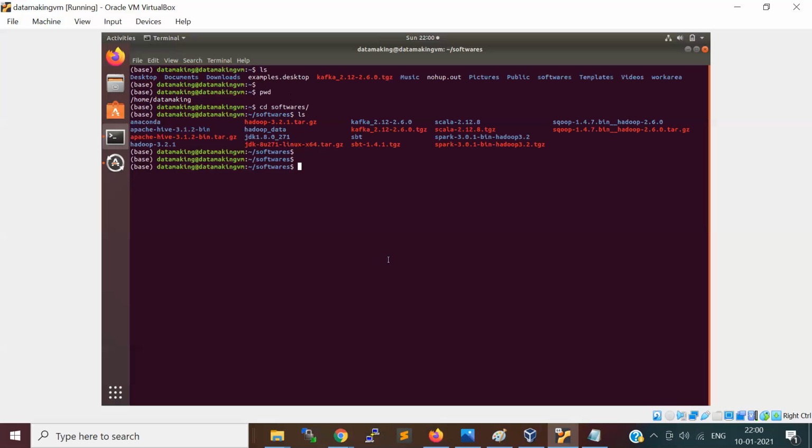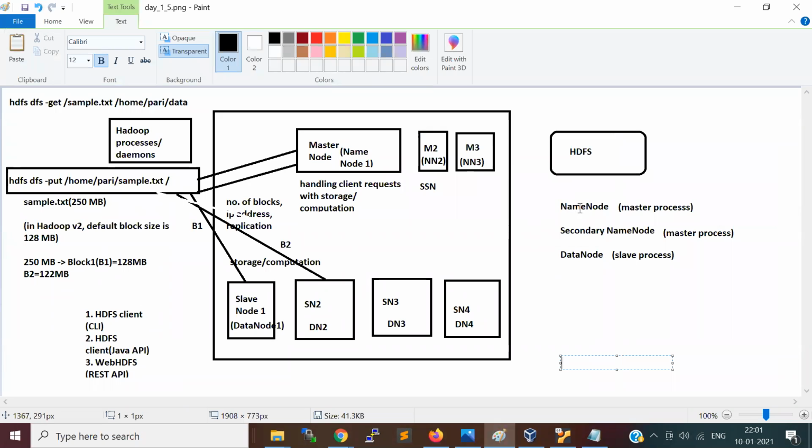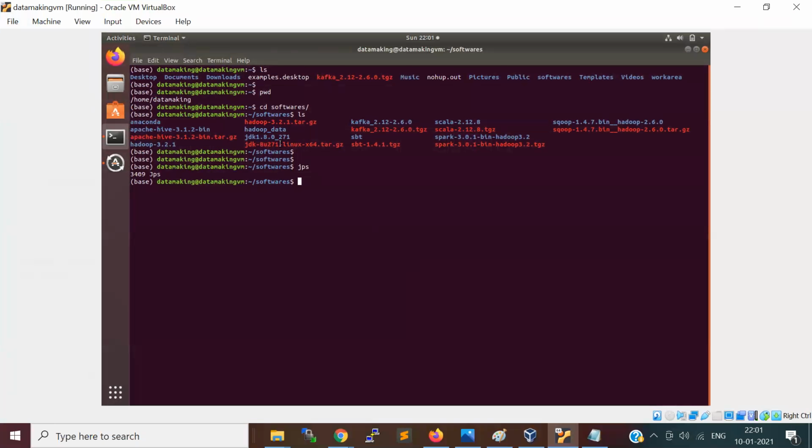Okay, so by default there is a command called jps. If you type it, all the Java processes running on this machine will be shown to you. So all the daemons are processes which I talked about. For example, the name node is a Java process, the secondary name node is also a Java process, the data node is also a Java process. So these will be shown when you type jps if they are running. And when we come to MapReduce, I will tell you about other Java processes, so you can verify. So by default, no process is running.